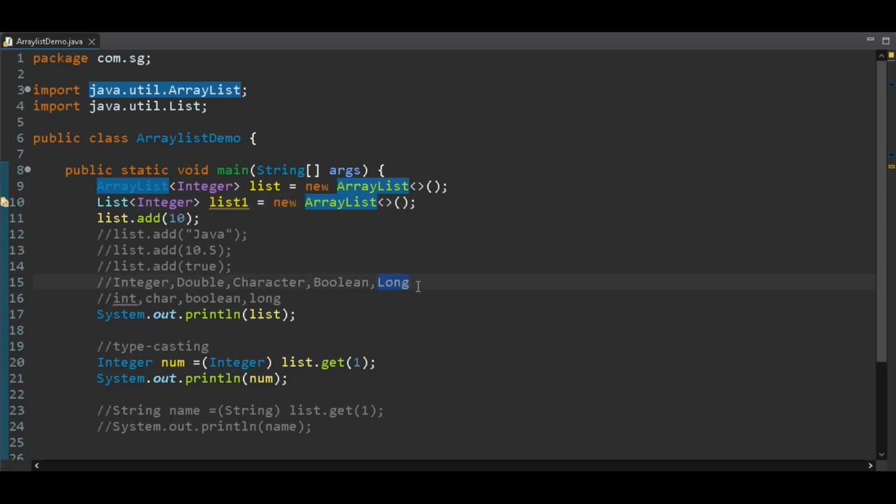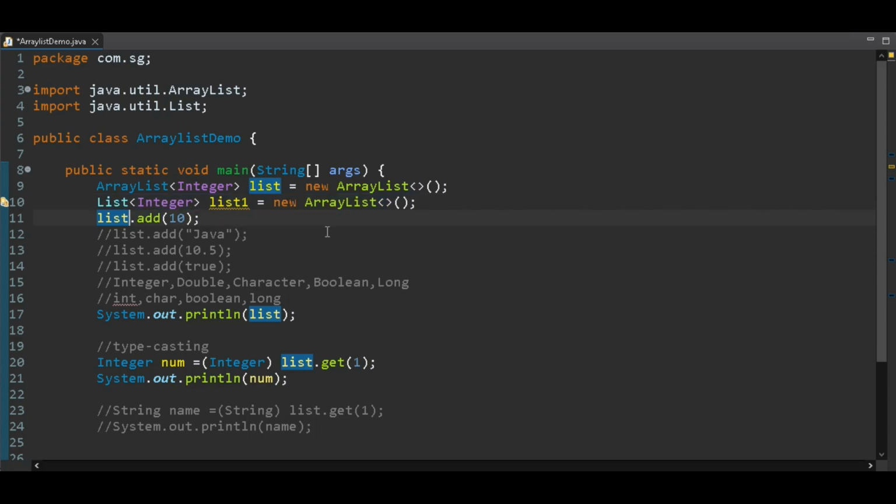So basically the reference type is List, but the actual object we are creating is an ArrayList, and all the remaining operations remain the same. There is no change in them, but the only change is in how we create the ArrayList object. Okay, so now the question is, why is this approach most recommended? This is a frequently asked interview question, so listen carefully. Let's understand why this approach is mostly recommended.